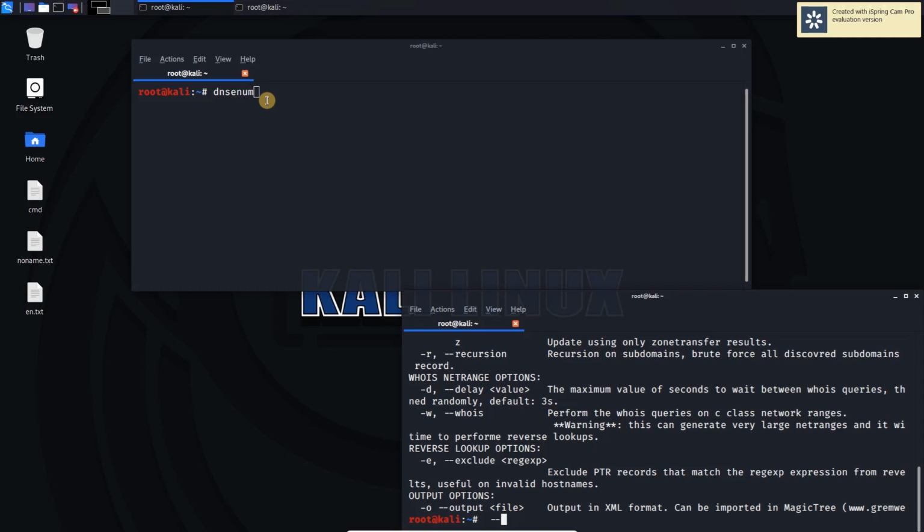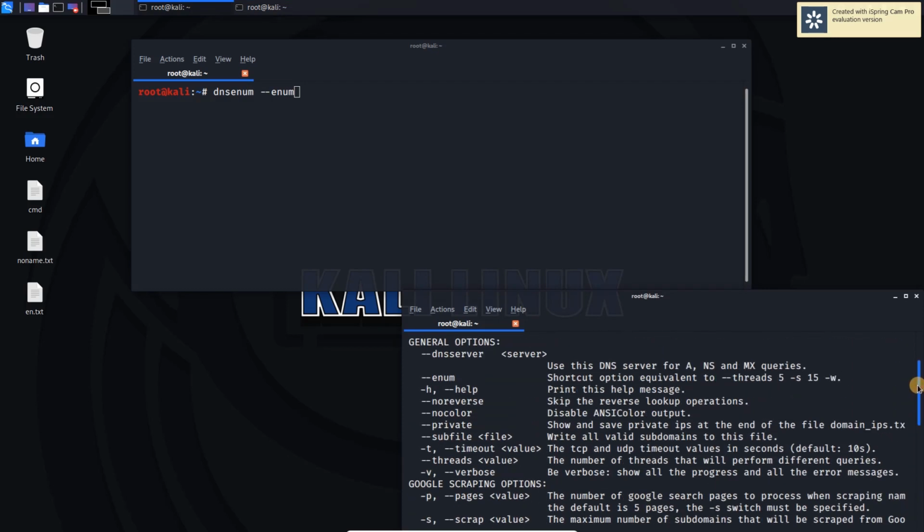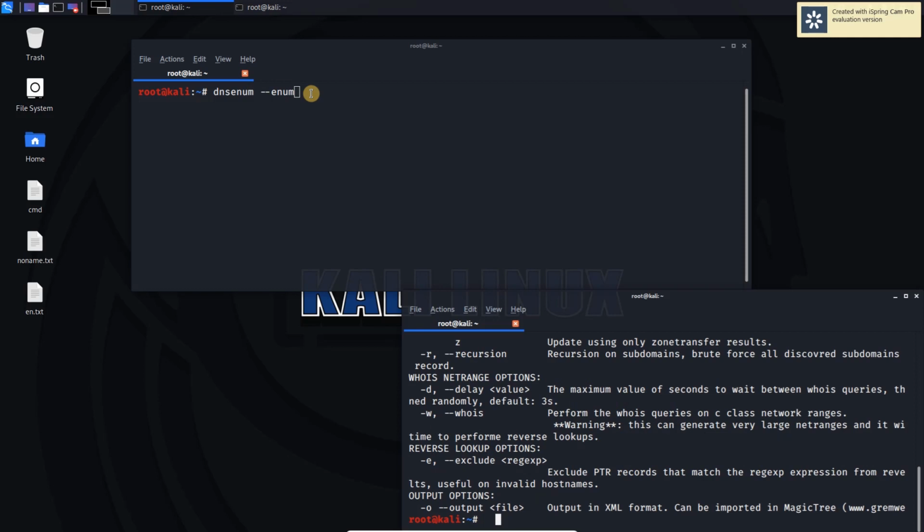And we will use another option, that is no reverse. It will not do a reverse IP lookup.